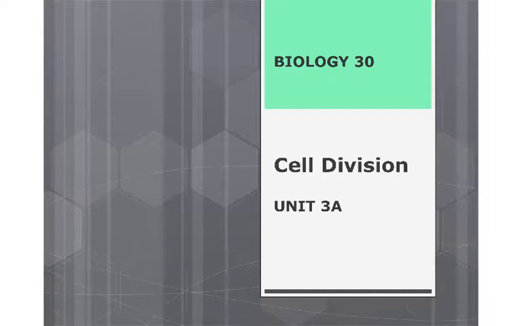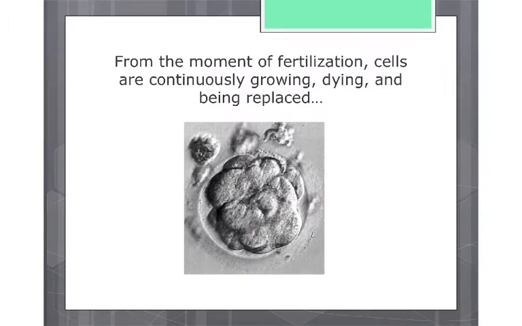Hey everyone, we are starting our next unit, Unit C. Specifically, we're starting with C1 regarding cell division. Okay, so from the moment of fertilization, cells are continuously growing, dying, and being replaced. So, two major ways: